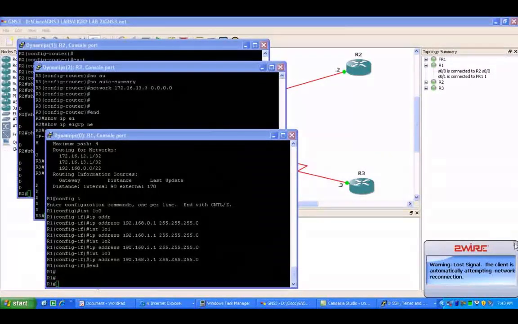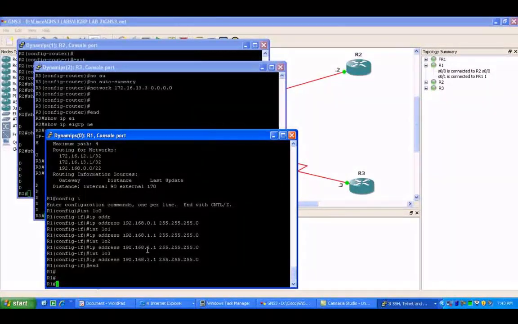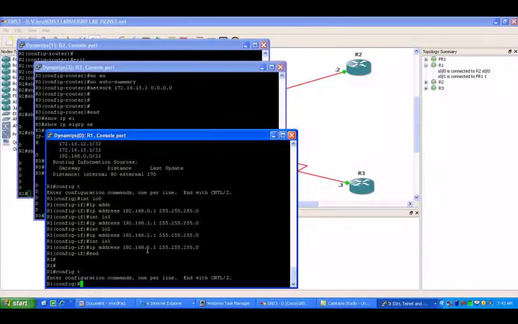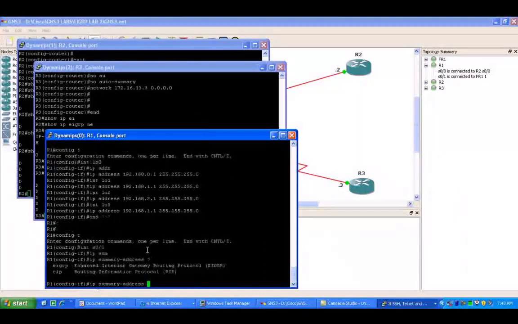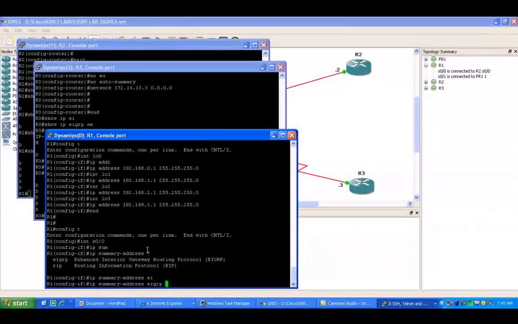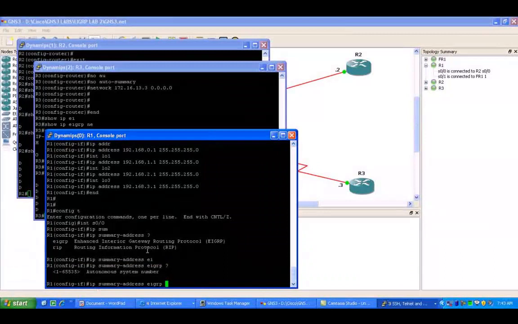So on router 1, we do this by going under the interface. Again, summarization in EIGRP is configured on a per interface basis. So we'll go under interface serial 0/0, which is the connection to router 2, and we'll use the IP summary-address command. Then we're going to use EIGRP because that is our routing protocol,